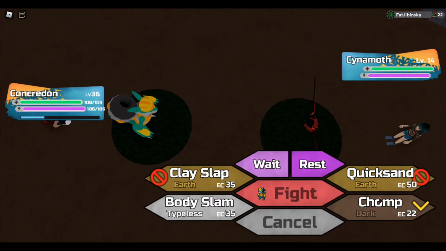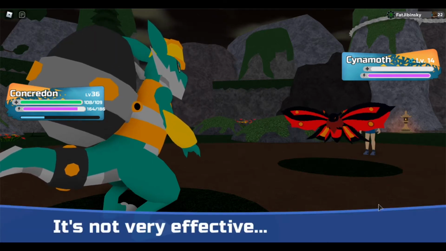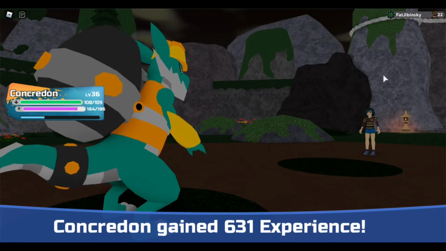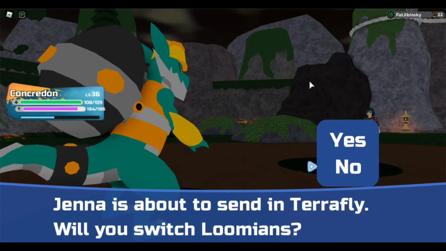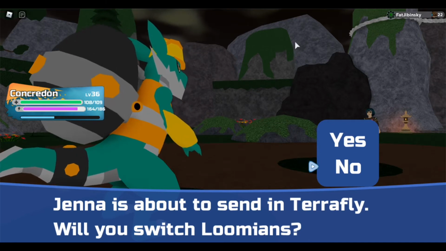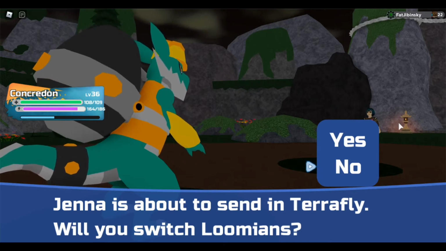I'm just gonna spam Chomp with Conquerdon because I'm trying to get a Tyrex. And there you go, it's a one shot. So what I'm gonna do is just do this a bunch of times, and the reason for that is because sometimes at the bottom it gives you a critical, or sometimes it has a kabunga coffee. So what I would prefer, don't give the Loomian you're using as main for the battle any coffee, or any item actually, because